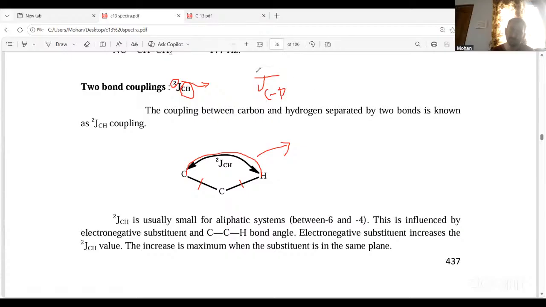And on the superscript of this J, you have to mention the value, right? So which coupling is that? Whether it is a one bond separation, a two bond separation, or a three bond separation, that you have to mention. For example, if you mention three here, then it is a three bond separation. Three bond means we call these bonds the intervening bonds. So there are two intervening bonds here, so it is a two bond coupling